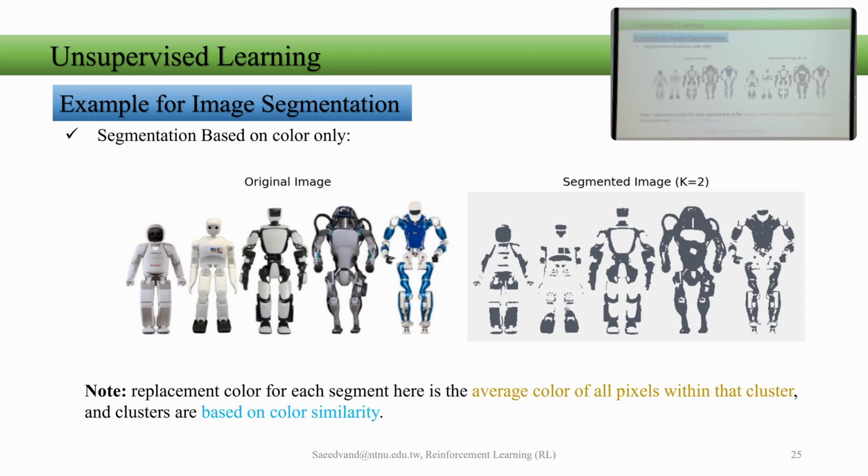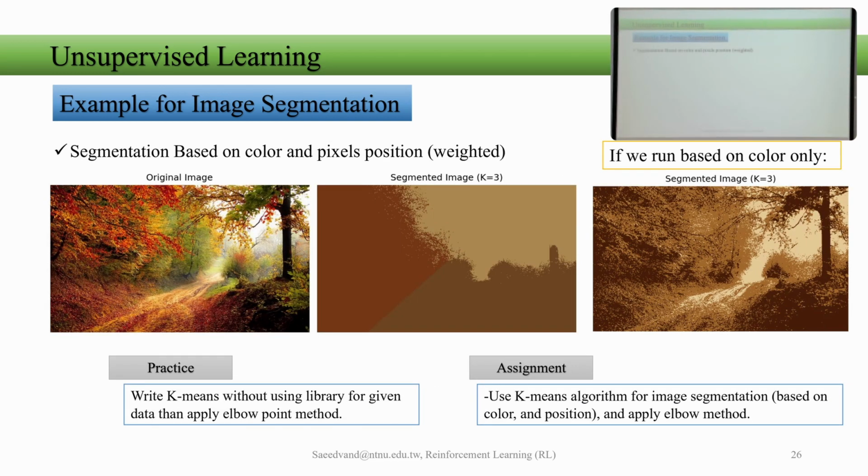I mentioned some notes on the slides for readability. What if now we want to do the segmentation not only based on color, but also consider the pixel positions as a feature, because in the image not only color is a feature but also pixel position can be a feature? What if I add that as a feature and also weight it? I added some weights to make it more significant. You can change the weight of how much color is important and how much position is important, for example. Then we have something like this.